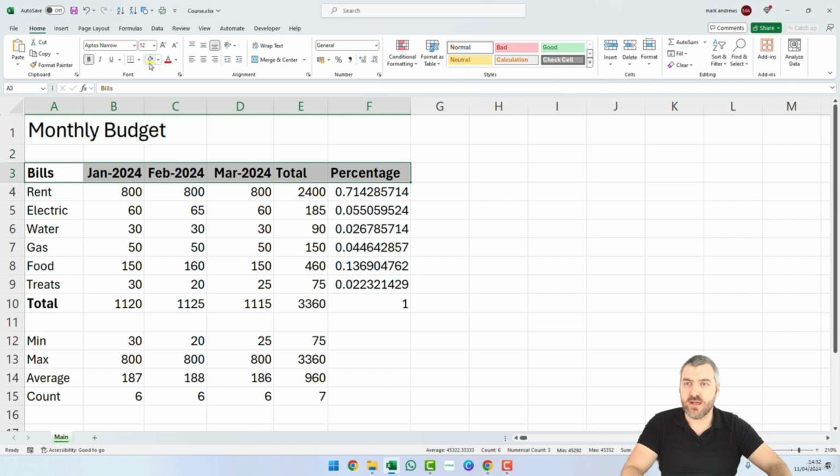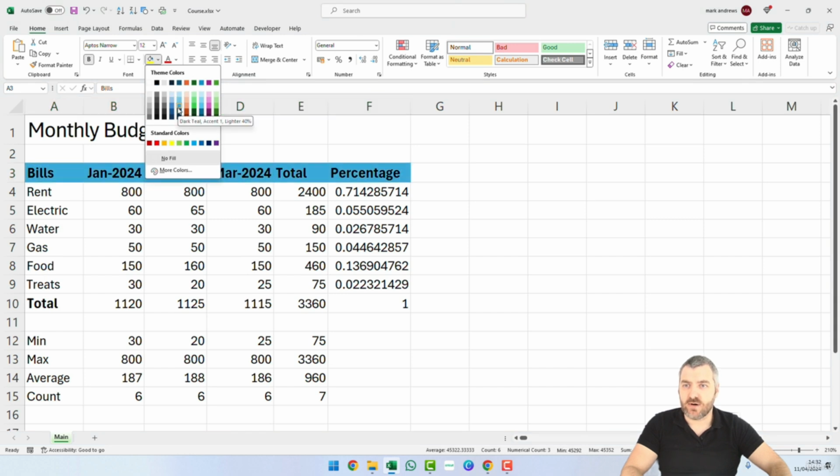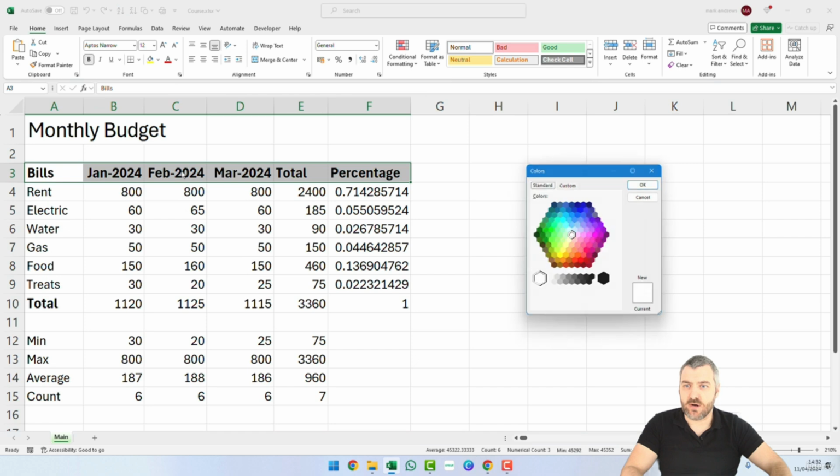So the paint bucket is what will colour the back of the cells, and it will make the background whatever colour you have selected there, and A will make the font change colour. So we can just click on the little button here at the side, and when we do that, we can see that we have all these different colours, and as we scroll over them, we can see that it's changing colour. You also have the ability to go into more colours here,